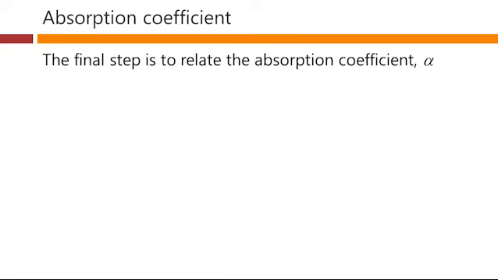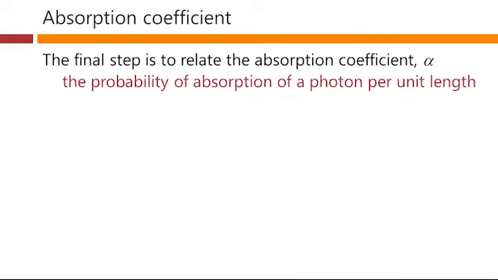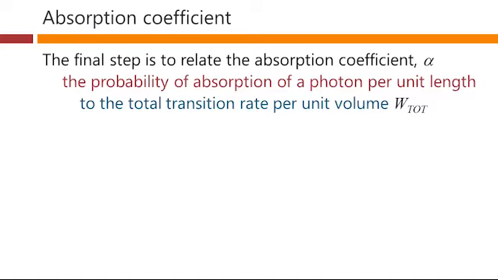The final step is to relate what's called the absorption coefficient, often written as alpha, and that's the probability of absorption of a photon per unit length, to the total transition rate per unit volume we've just calculated. Incidentally, when we talk about absorption coefficient being the probability of absorption of a photon per unit length, it's really